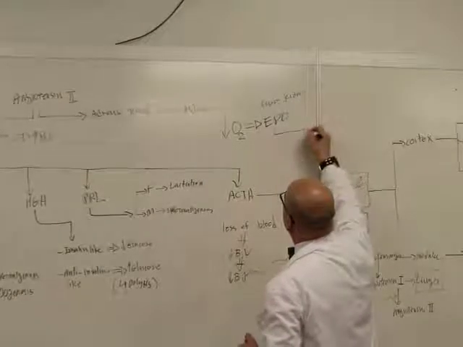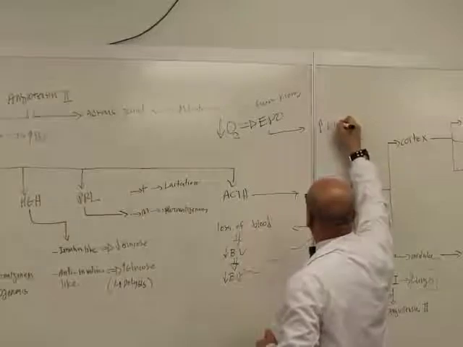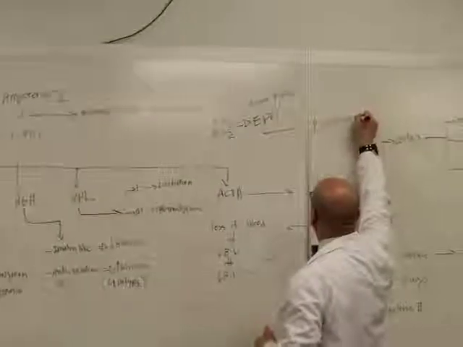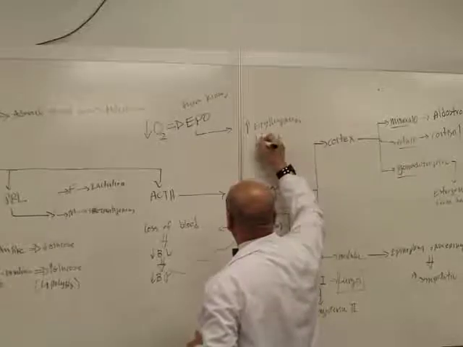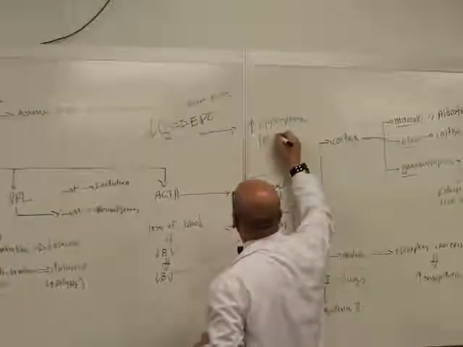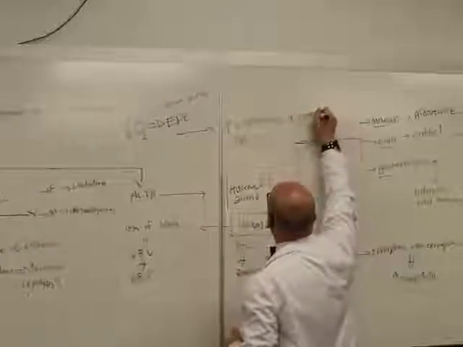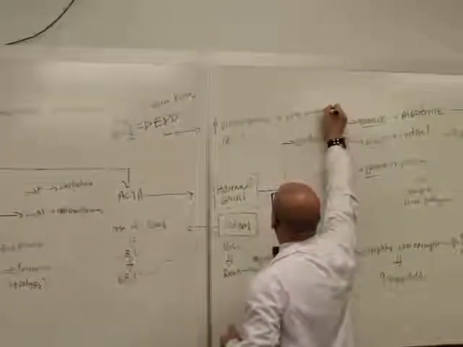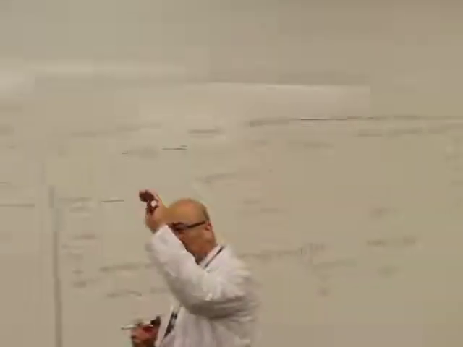And then what it does is that it's going to increase erythropoiesis, or production of red blood cells in bone marrow. So if you do the blood work, you will see that the number of red blood cells are